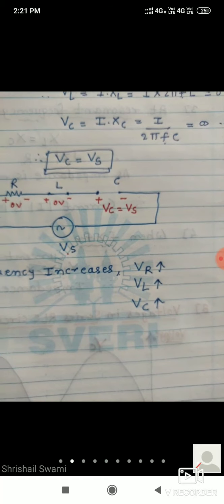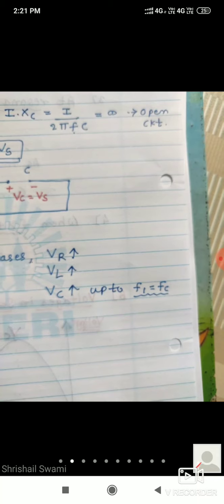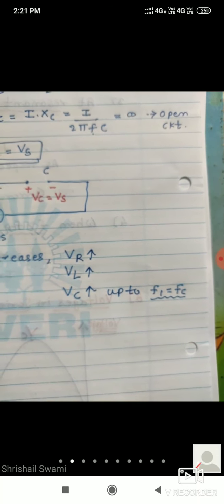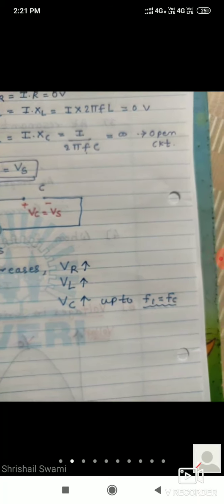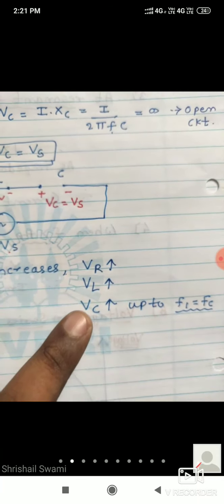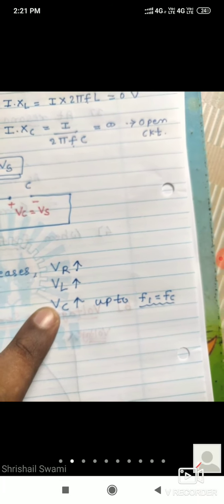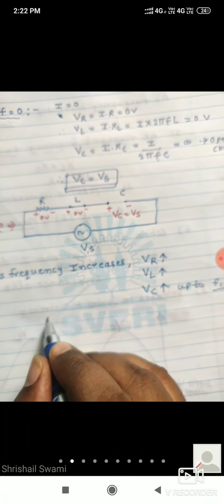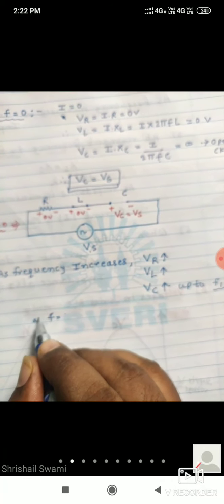No, first of all, it will going to increase up to F1 is equal to Fc. या फ्रिक्वेन्सी पर्यंत थोडं वाढणार ते. At F1 is equal to Fc पर्यंत तो काय होणार, वाढणार. मग नंतर हळूहळू तो कमी होणार. Are you understand? So we are going to derive the expression for F1 is equal to Fc. So we are going to derive at this frequency the voltage across capacitor becomes maximum. तो मॅक्झिमम झाला की परत तो काय होणार, तो मिनिमम होणार. Okay, so in this again there are two regions. So two regions are F, A पार्ट म्हणूया.